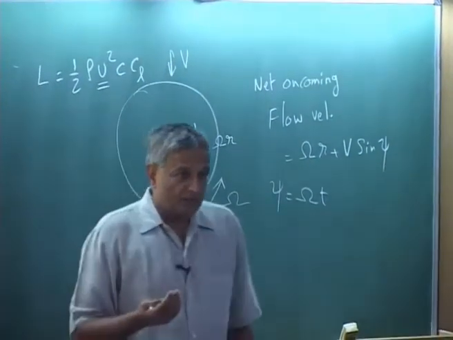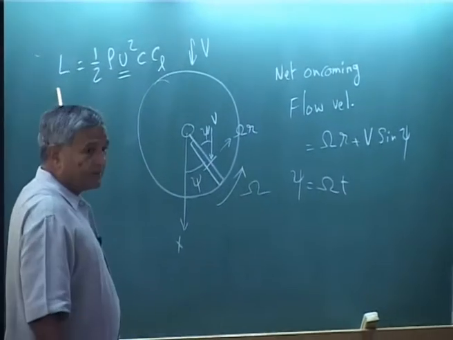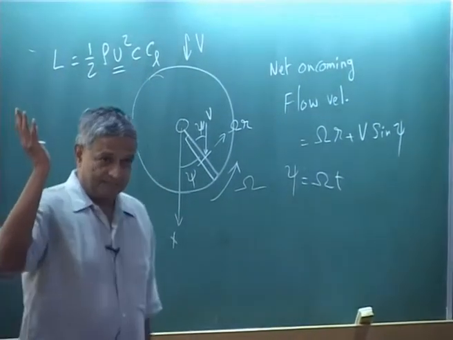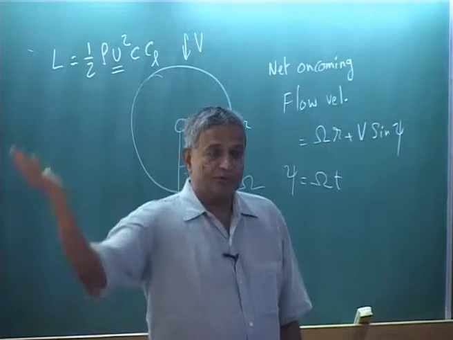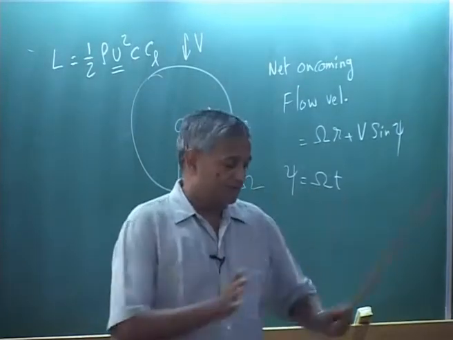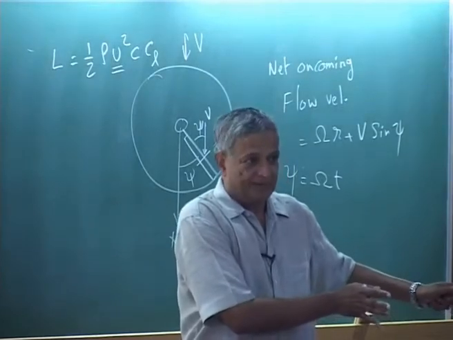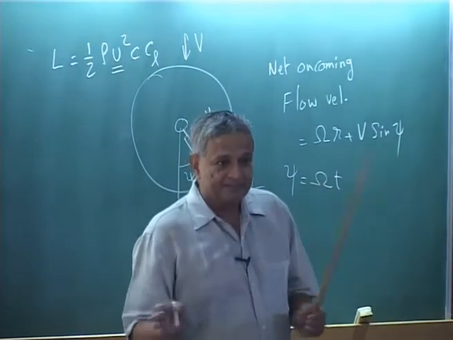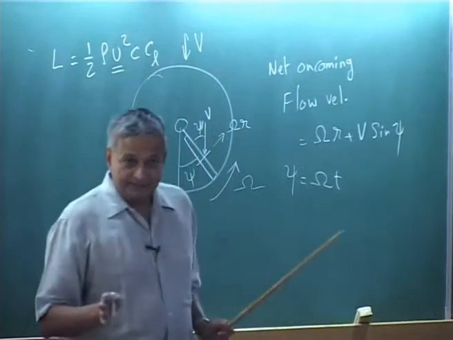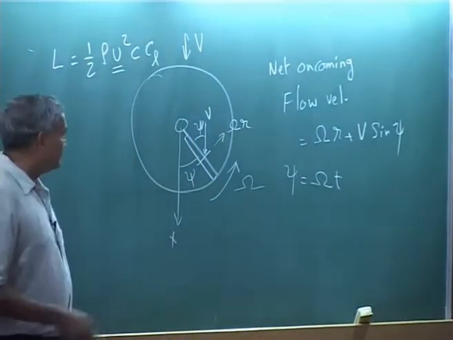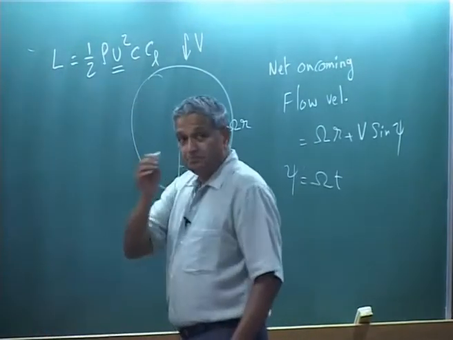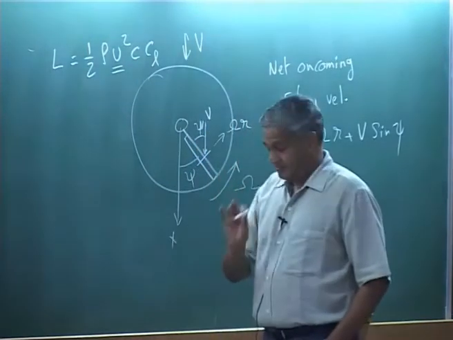So, if the velocity is more, I am going to get more lift. When I get more lift, one side has a higher lift, the retreating side has less lift. Okay, you have to balance. That balancing is done by changing the